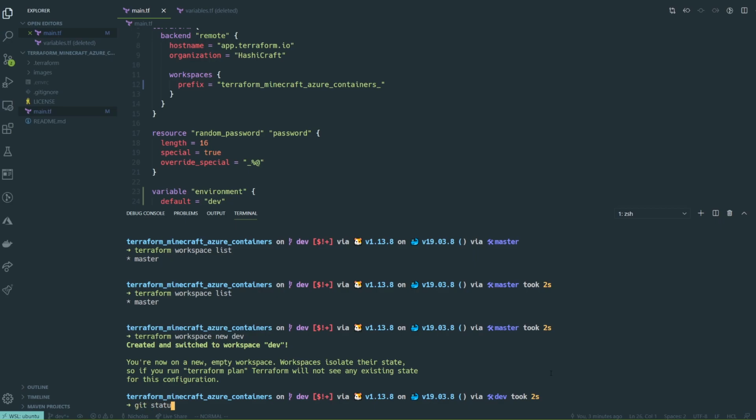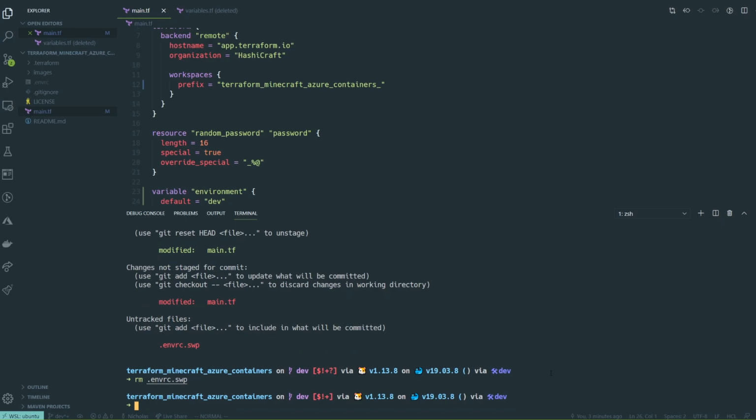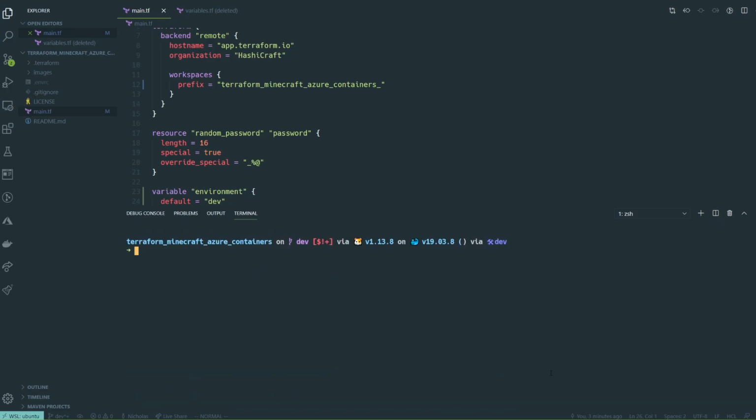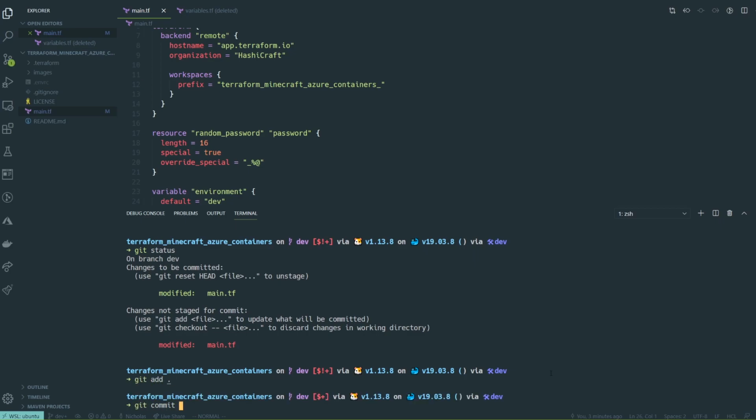Git status. I'm going to add those changes. And I'm committing that, updated to add new dev branch.